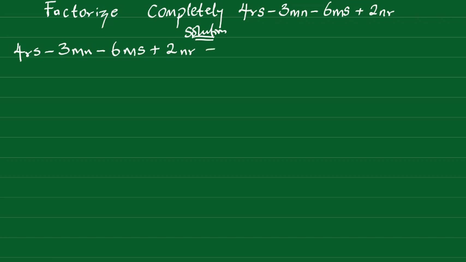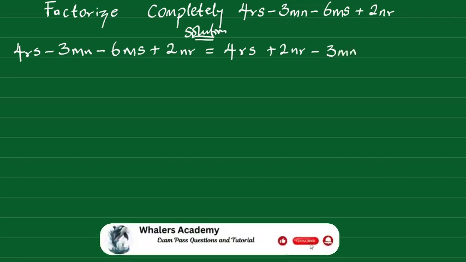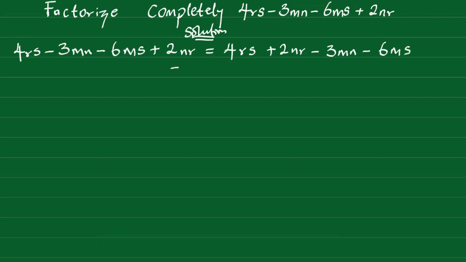Therefore, we write equal to, out of 4rs, and its like term in this case is plus 2nr. This is followed by minus 3mn, lastly minus 6ms. Now from 4rs and plus 2nr, we factor out